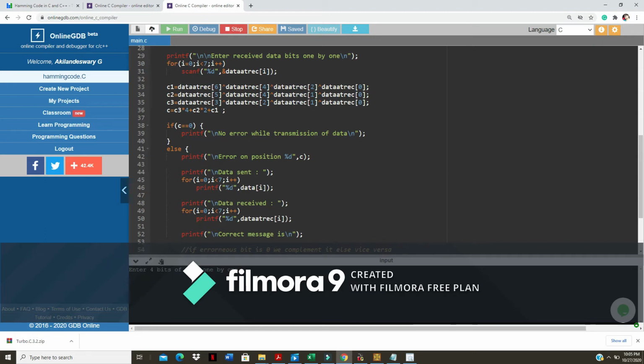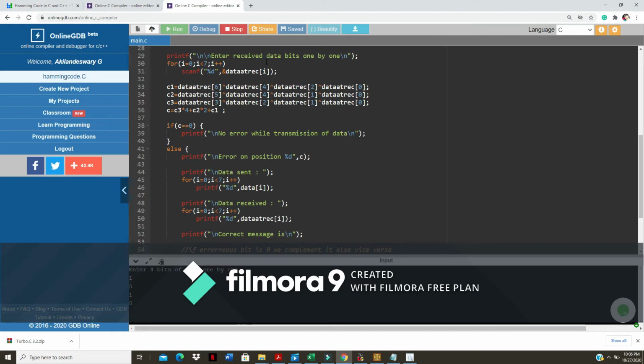So now I'm going to give bits one by one. You have to give it vertically, 1, enter, 0. One after another you have to give. If you give it as a series, it won't take because we are using the slash n.